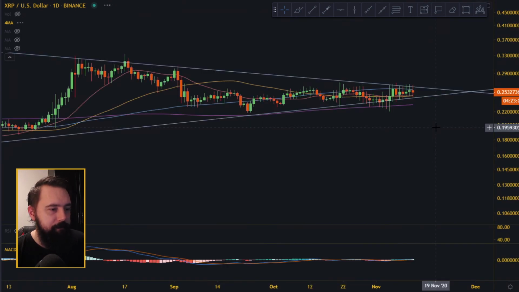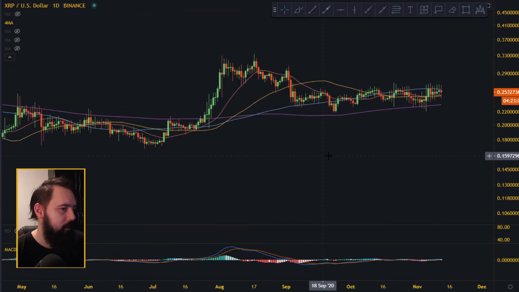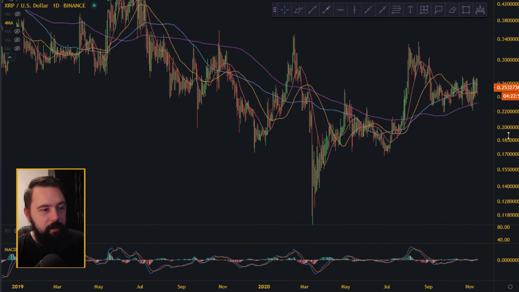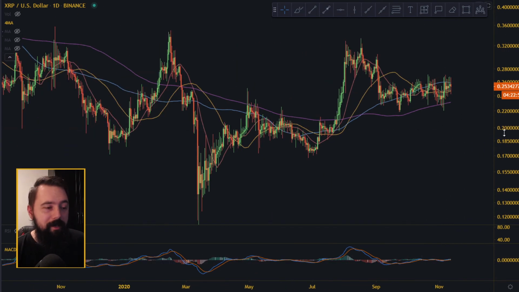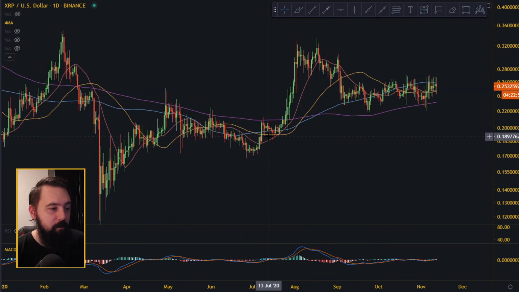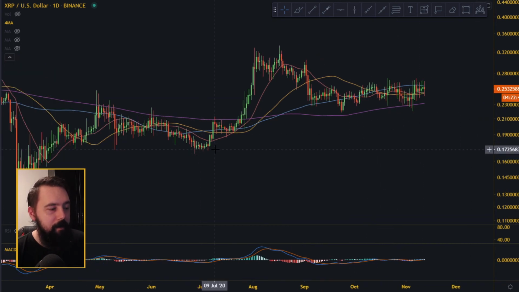Let's look at the daily. And the daily is like, I don't like XRP, man. It's so hard to watch. The good thing about it, XRP exploded around the 4th of July. It went above the 20 moving average, 50, 100. It climbed above the 200 moving average, went sky high, and then started bleeding out again. This is the move, and then you got the correction. I think this is some kind of correction part.